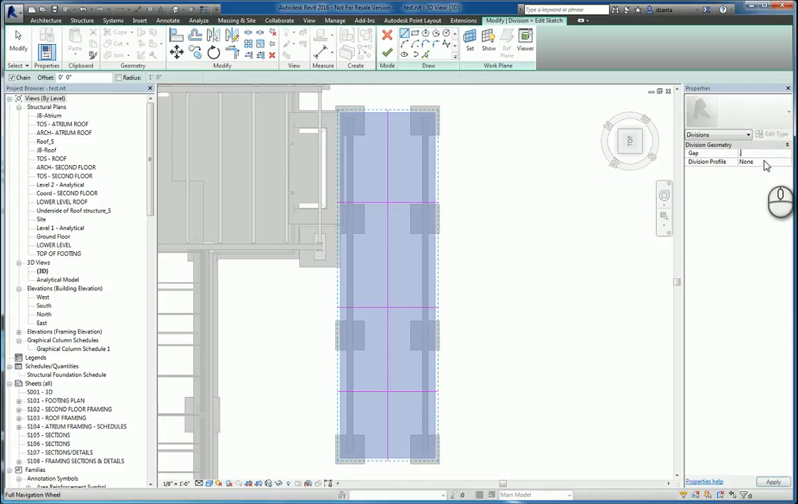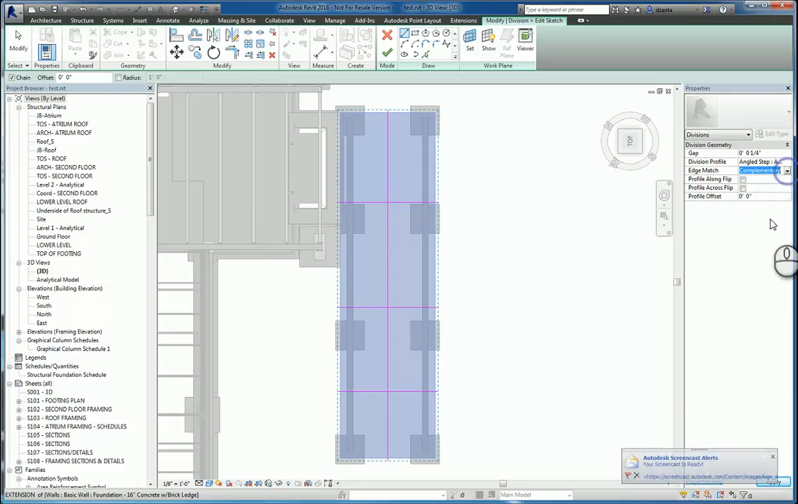Let's say 0.5 inch gap. And well, actually, let's see, 0.25. And we can actually have a profile that's tied to it as well. They give you 3 to work with: angled step, notch, and notch depth. So I'm going to pick angled step for now. And with the angled step profile, you can specify how the edges match, whether it's complementary, mirrored, or rotated. You can flip that profile along or across the profile, and you can specify an offset if you need to. When you're finished, you hit the green check mark,